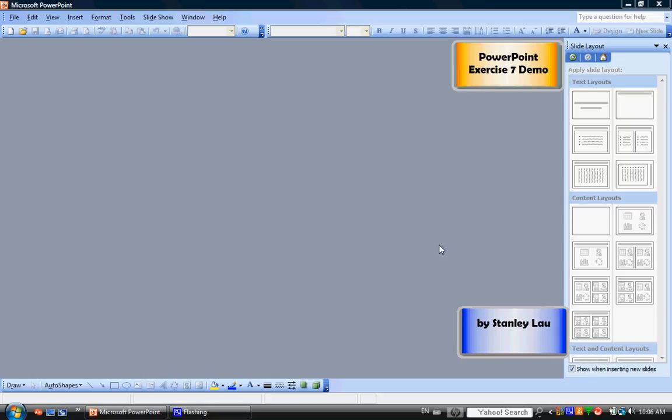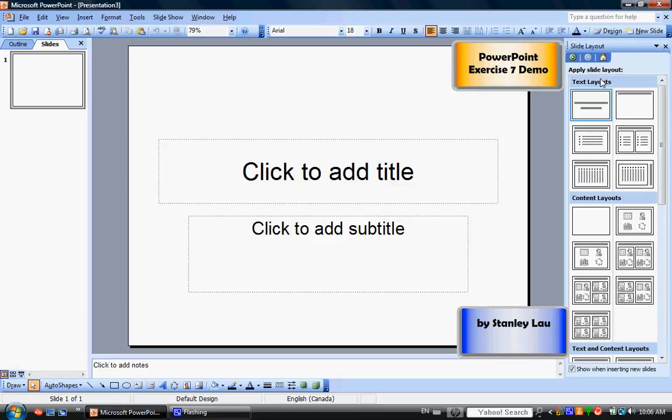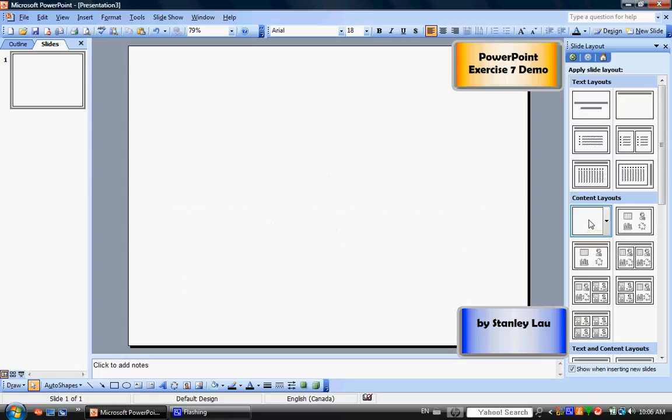For PowerPoint exercise 7, we will be adding shapes to a slide. Go to File, New, Blank Presentation, and choose a blank slide layout. Once you've got a blank slide, please note that at the bottom of your window there should be a toolbar